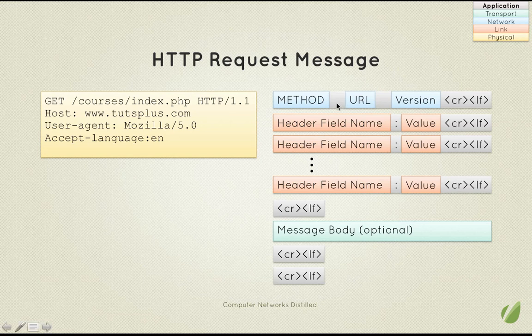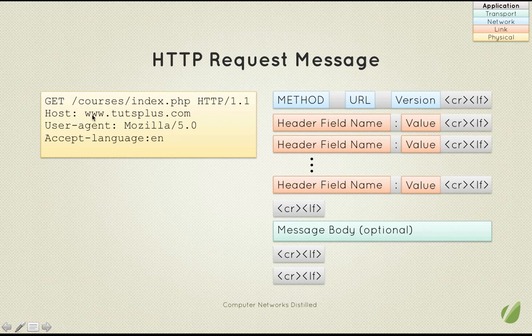After that, there's a space. That's what the gray means. And then the URL of the resource that we want. Really, that's the path on this server that we want. And lastly, on the first line, there is the HTTP version that looks like this, HTTP/ and then 1.1 or 1.0. Following the request line, there may be one or more header lines, and these are all optional except for